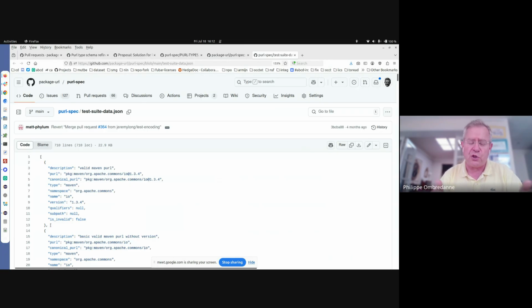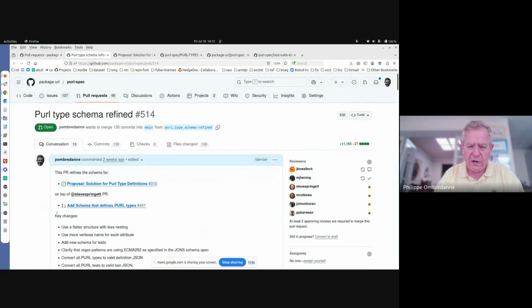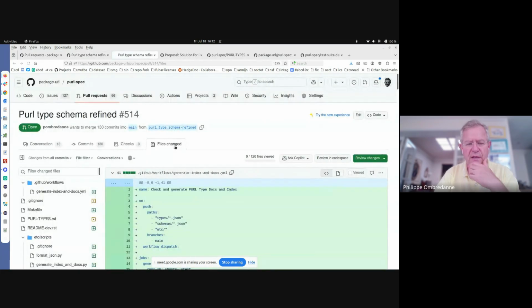And actually, they could potentially be broken down, to have a schema for that and break the files into separate files. So we have one set of tests for each PURL type. And that's very important. I also try to introduce the notion of test group, which is going to impact the conformance from the spec point of view. So if we look at these actual details on some of the files, let me show you an example